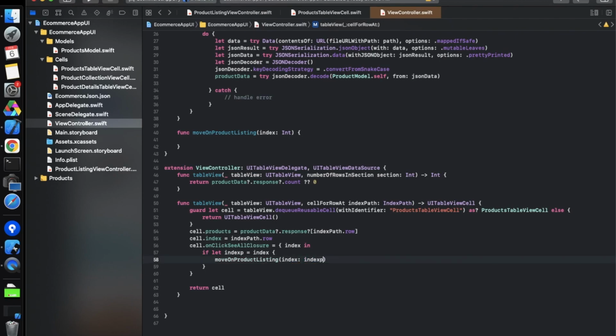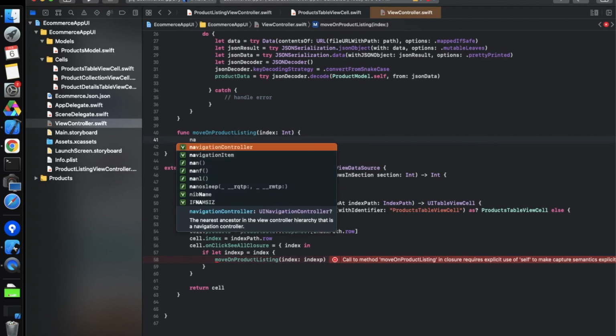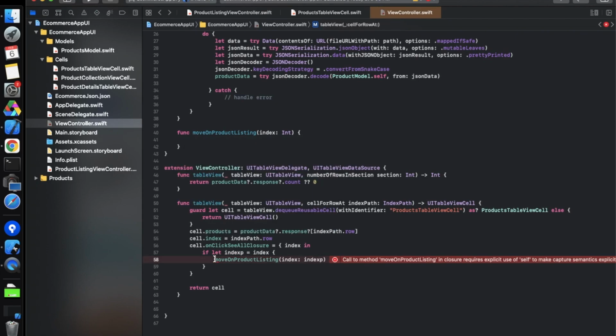index p. So now in this controller we will get the navigation controller. There is no problem with the navigation controller. So we are able to get the navigation controller over here, and we can simply push from here. So we have to again define the product detail controller, product listing controller.